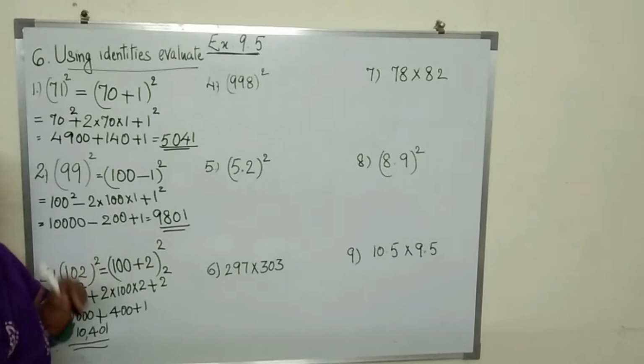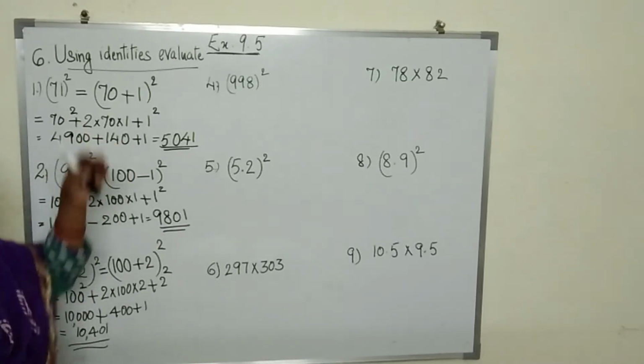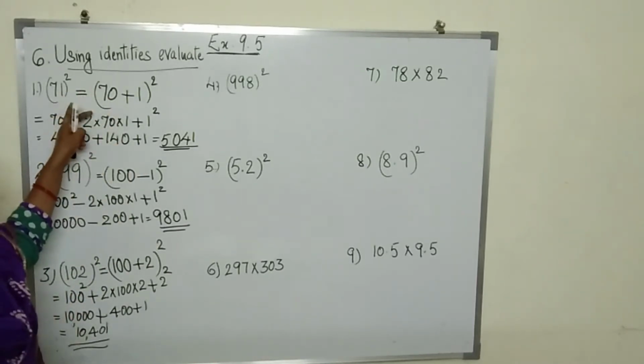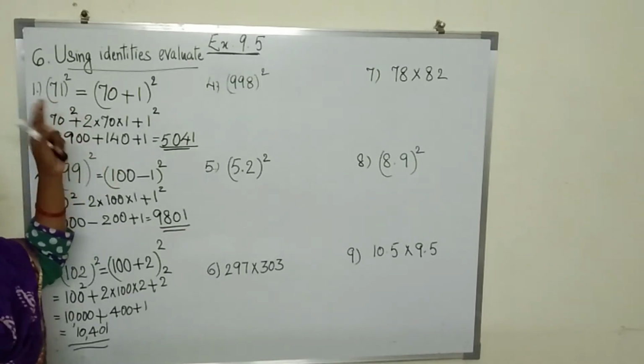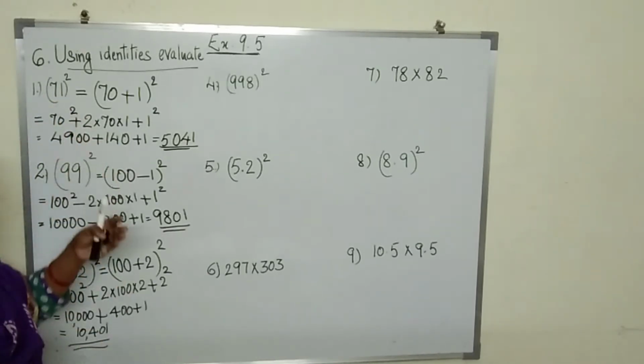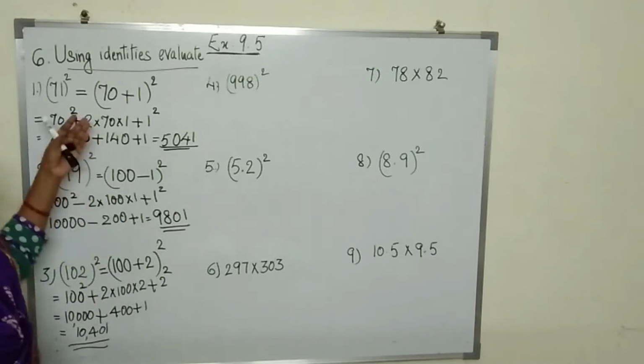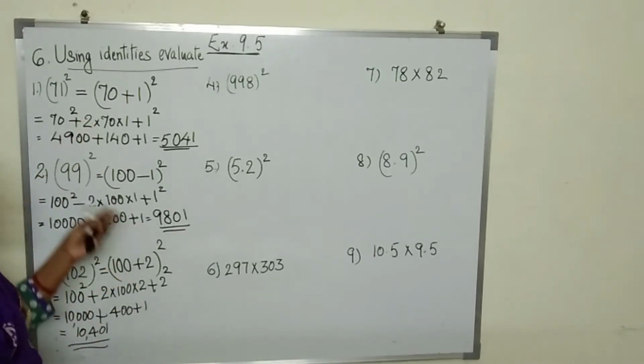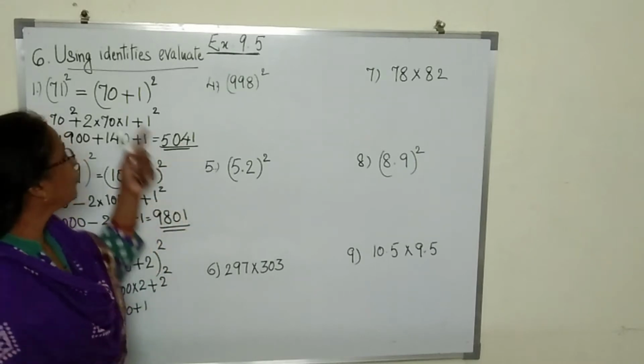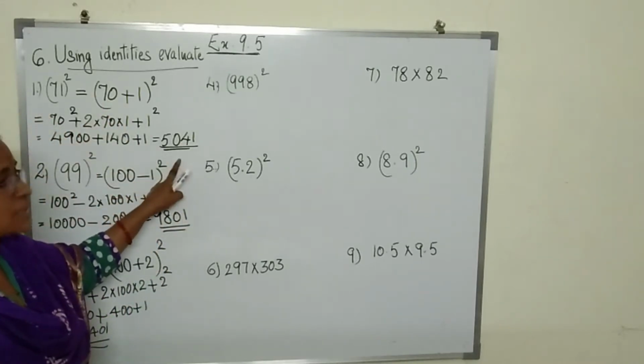See, isn't it easy for finding the squares? If you don't use this method, what do we do? We write it and then multiply 2 digit by 2 digit. We have to follow the steps and multiply this. When you do it continuously, with many sums when you practice, you will be able to do these steps directly.